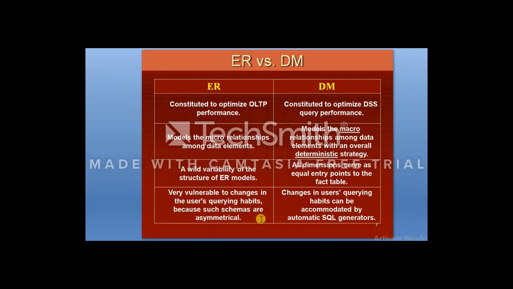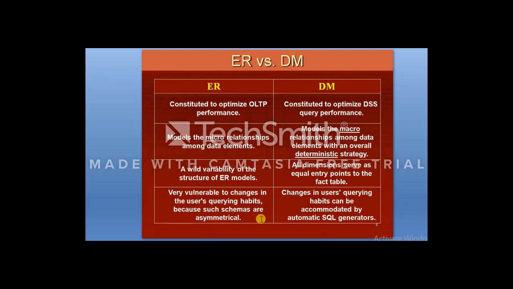And what is OLTP performance? OLTP performance is counted in terms of the reduction of duplicates or redundancy. So an OLTP system is used to eliminate redundancy, and to record all the transactions in an efficient and effective way. ER models are fully normalized, which provides us the facility to optimize our OLTP system.